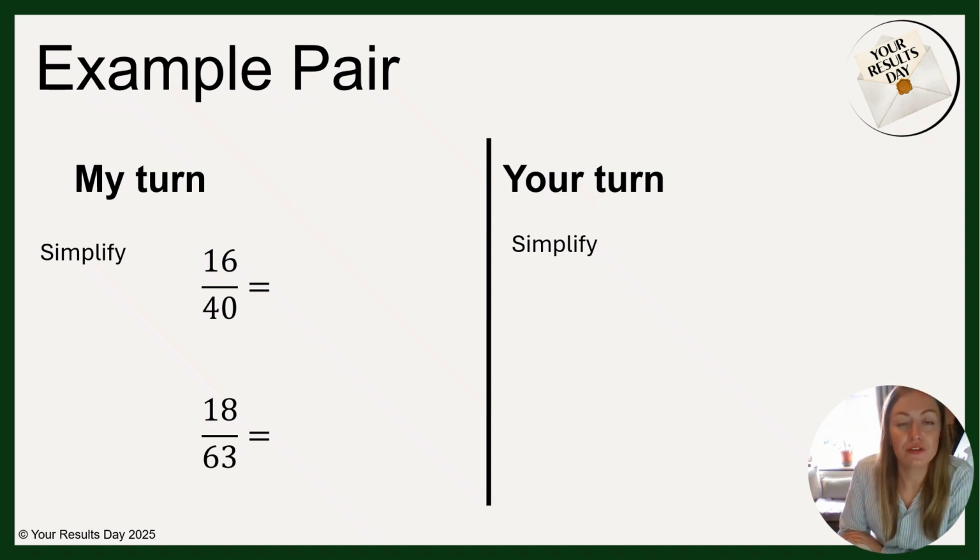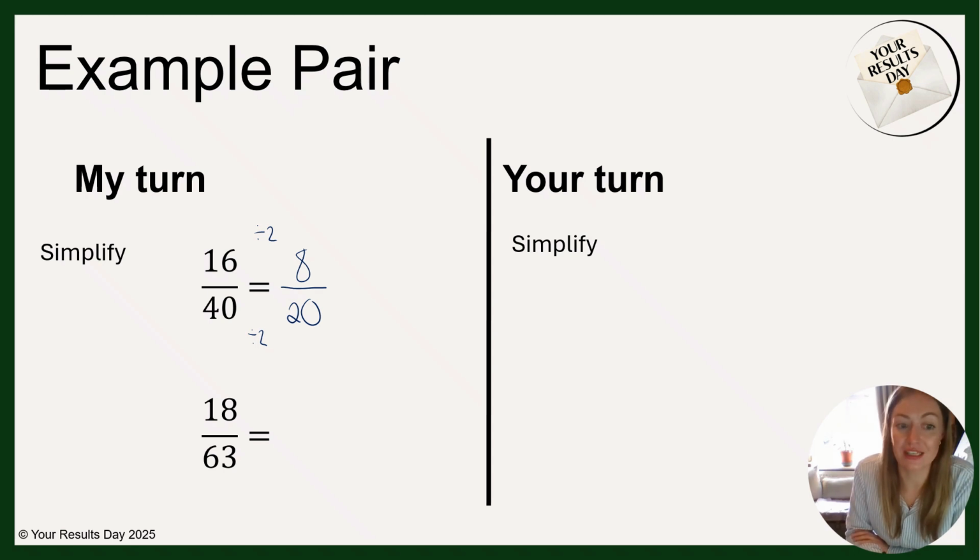And how you approach this question will depend how confident you are with your times tables, because you don't always have to do the biggest times table to be able to get to the simplest answer. You may do it by doing smaller jumps. For example, I know that 16 and 40 are both in the 2 times table. So if I divide them both by 2, that would get me 8 over 20. But what I would need to realise is that's not the simplest form, and that actually I can divide both